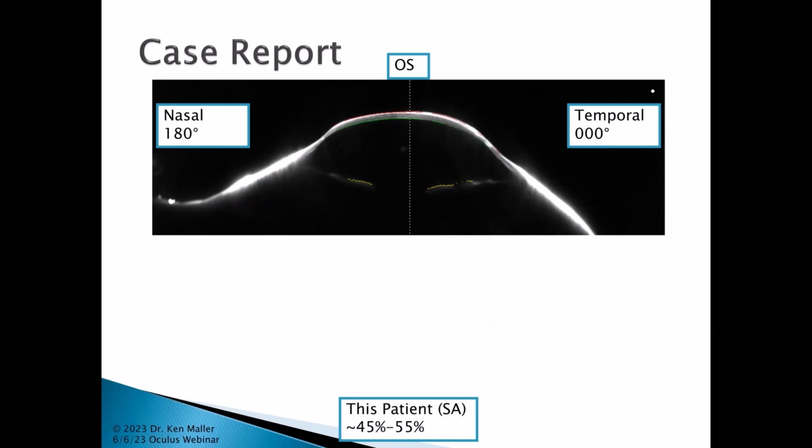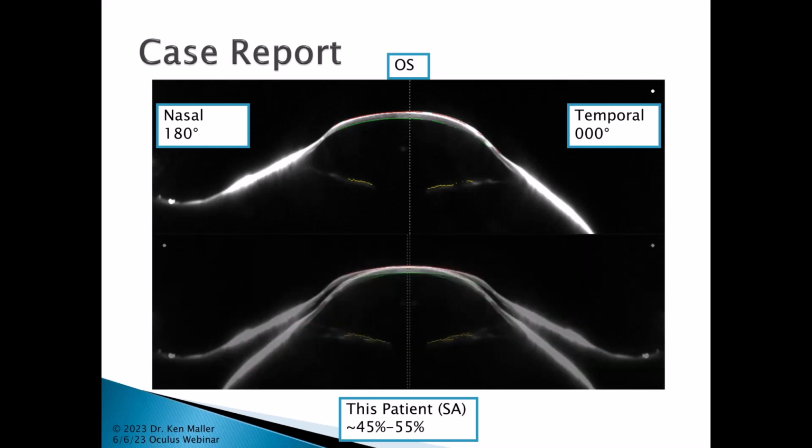Okay, so now back to our patient here with the 45 to 55% scarring. This is the Scheimpflug image, and I picked the horizontal image just so we can take a look at the nasal and temporal. And remember, we didn't really have a lot of good data out on the sclera. So we're going to have to try and figure out some way to figure out where to land this lens